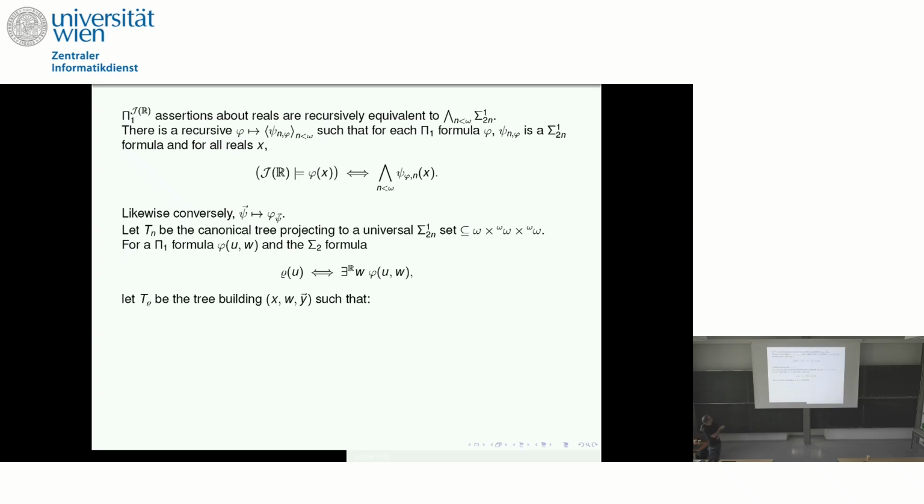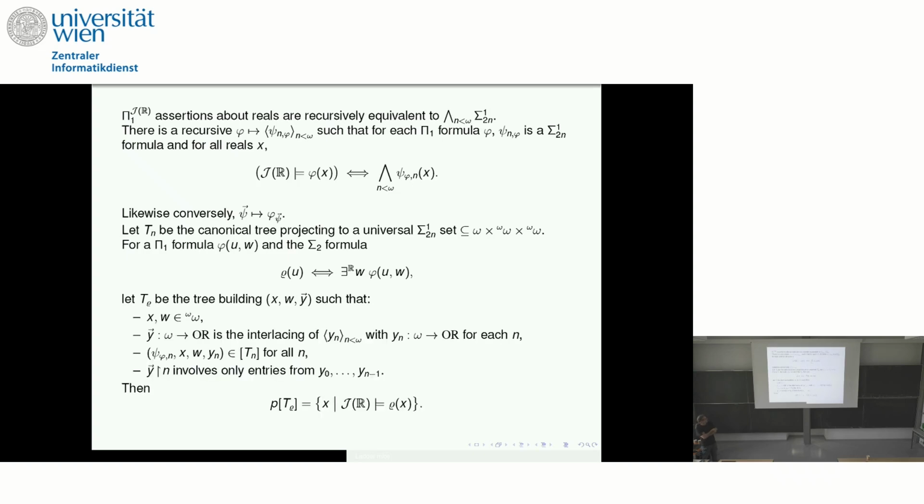So we're using these trees, the T_n's, and we're building x and various witnesses. Okay, so T_rho is the Sigma_2 formula, which builds x, which is going to satisfy rho(x), and w and a y vector, which are some witnesses. w is the witness to this formula here. These are two reals. The y vector just codes up